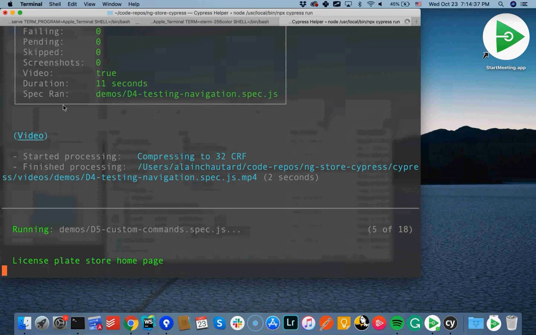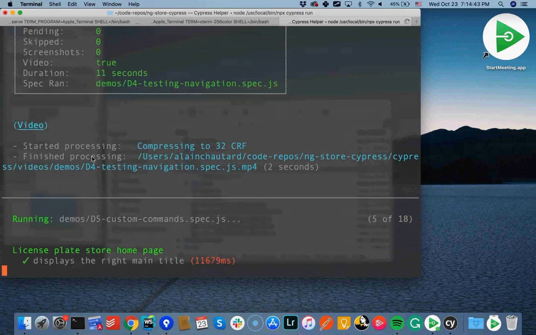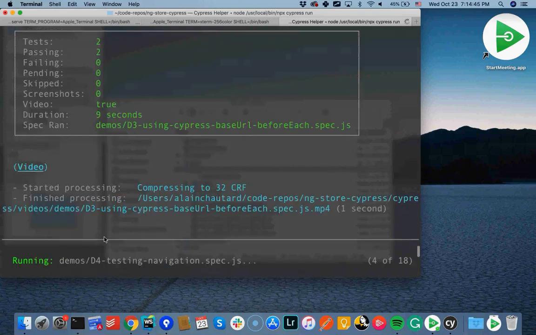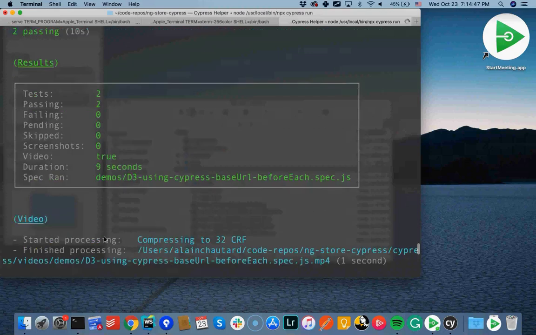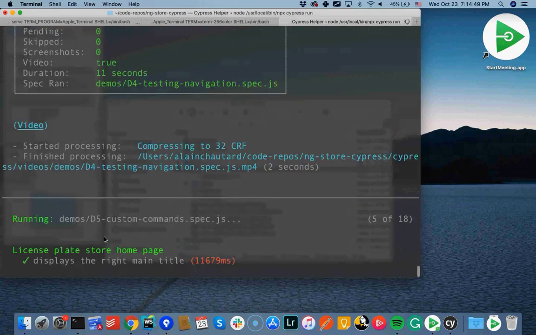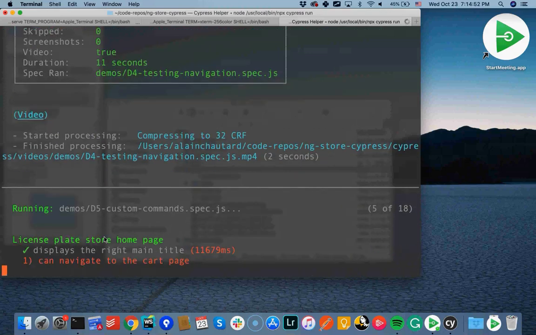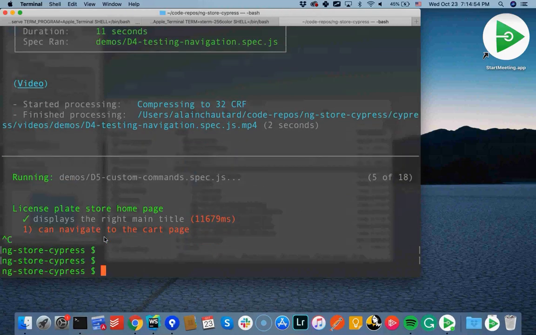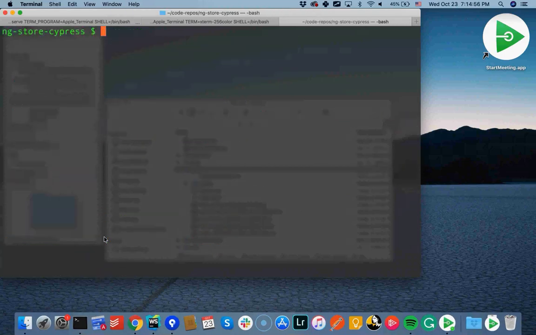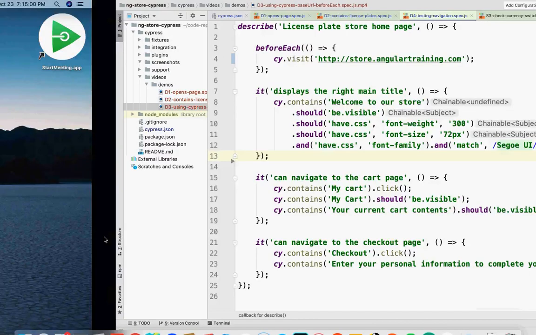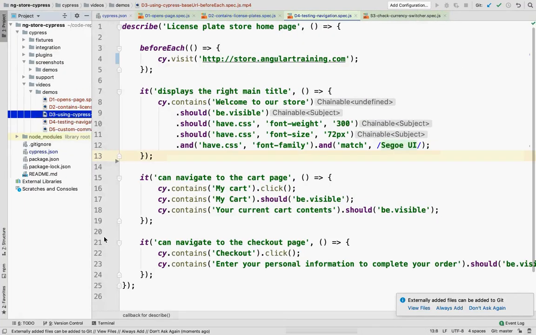And when you watch the video, it's basically the browser window with the Cypress toolbar and everything. So you have the full picture of what's going on. So I'm going to stop it because this one can take some time, a few minutes, to run everything. You have support for continuous integration out of the box. Doesn't require any extra setup, which is perfect.